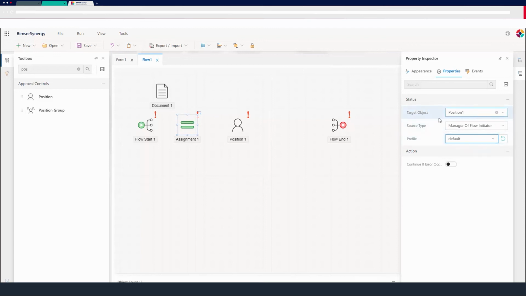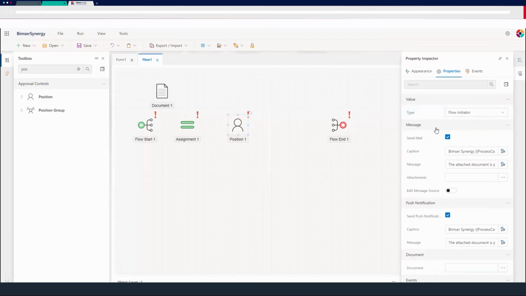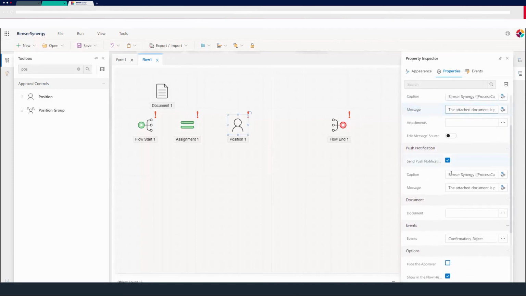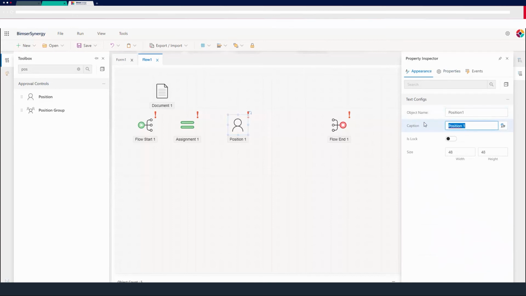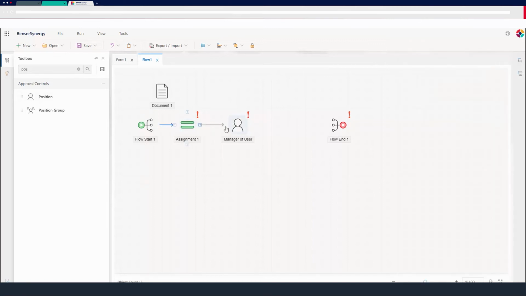Profile is default and my position 1's name is manager of user. Then I'm drawing the lines,